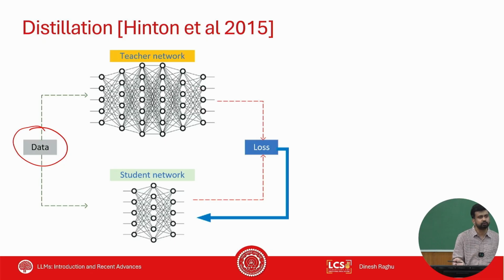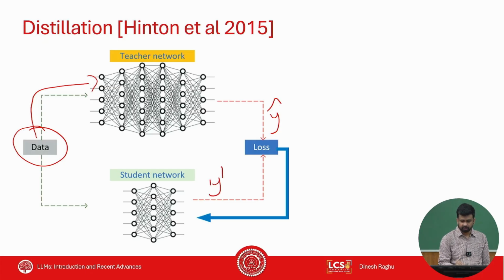So in general, distillation is still a useful technique to learn, but thinking that I can fine-tune or I can distill any big model into a smaller model is not going to be that effective unless you have the right data, right? So the way it works is that you feed only the input to the fully trained bigger model, you get its predictions, right? So let's call it y hat, right? And then you give the same data to the student network, let's call it y dash, right? And now you want y dash to be as close as y hat. Both are not gold, right? But you just want y dash to be as close to y hat as possible. That's all the objective function is.